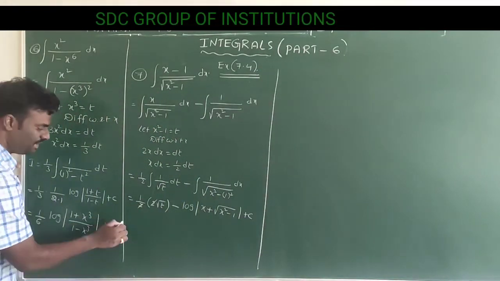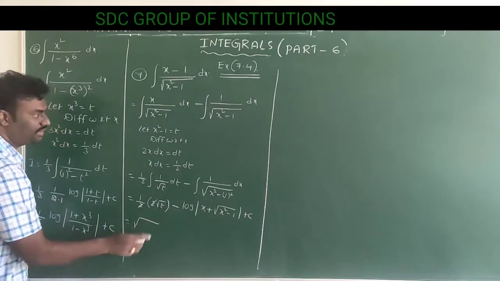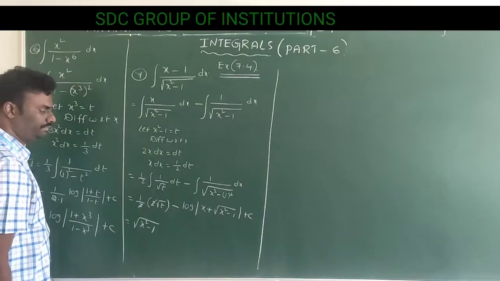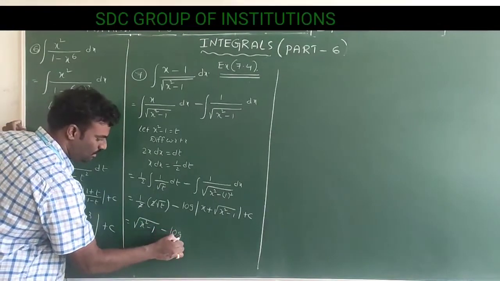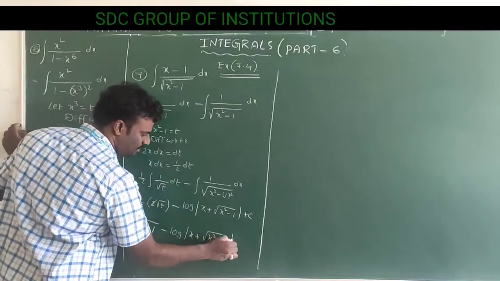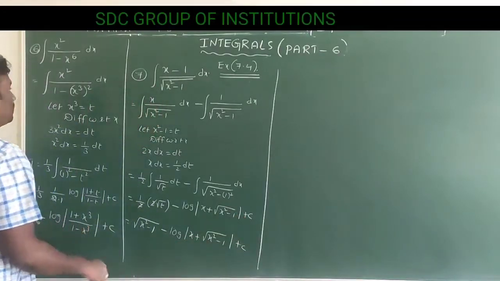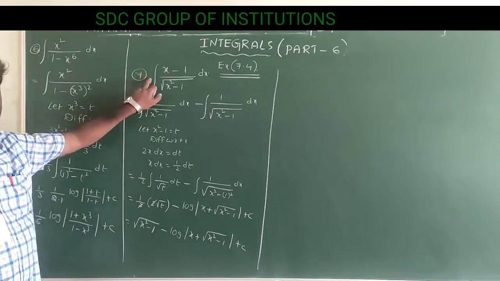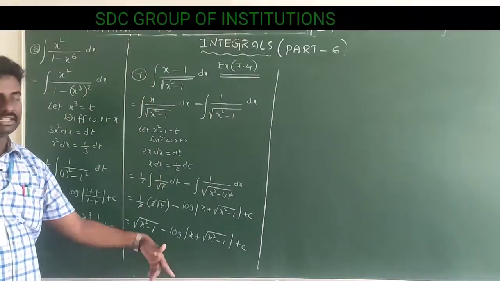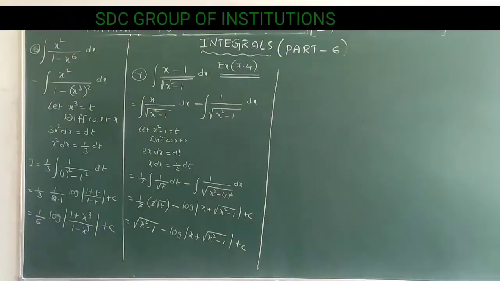Finally substitute the t value, that is under root of t is nothing but x square minus 1, minus log mod x plus under root of x square minus 1 plus c. Actually some students felt this is type 3. Type 3 also you can do, but compared to type 3 you will get the answer like this easily. That's why I am doing general integration. Okay, next